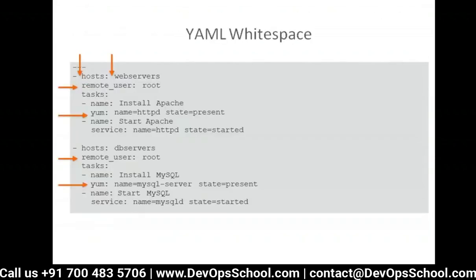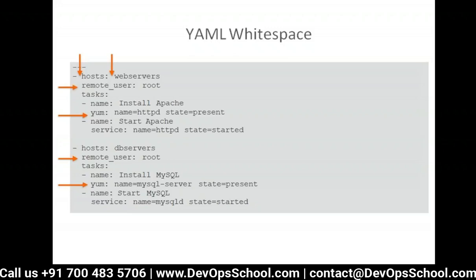By the way, let me tell you, in this YAML file, everything has a specific meaning. Task has a specific meaning. Remote user has a specific meaning. Format is YAML, but each and everything has a specific meaning. And Rajesh, when we talk about play, you said play will have a host and the task.